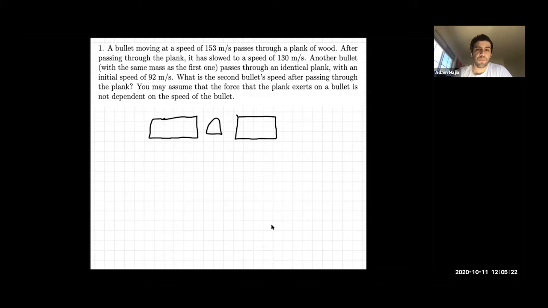And at this point, the V initial for this specific bullet is 153 meters per second. The V final is 130 meters per second, because as the bullet went through the wood, it slowed down to this point. Okay, so we have another situation with an identical bullet and identical plank,